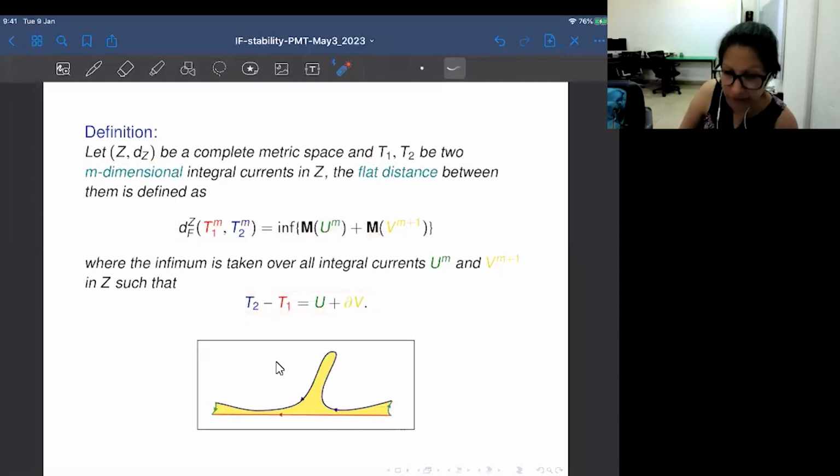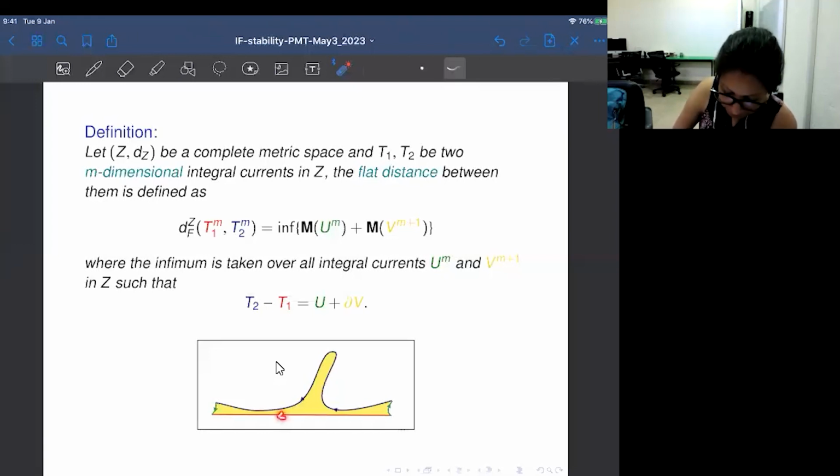So this is the example, and all my pictures are taken either from Cristina Sormani's papers or the papers of Huang-Lee or Cabrera Pacheco. So this is from Cristina Sormani. So anyway, this is my main example.